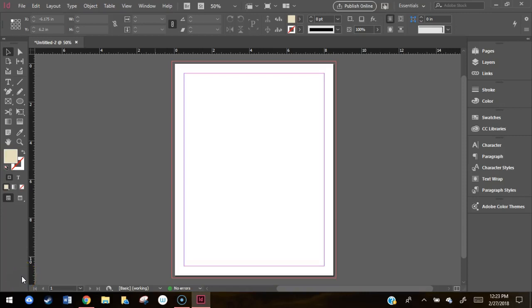This is a tutorial helping to teach about creating guides inside of Adobe InDesign. There are two ways to create guides in Adobe InDesign. One way is you can create your own by dragging them off of